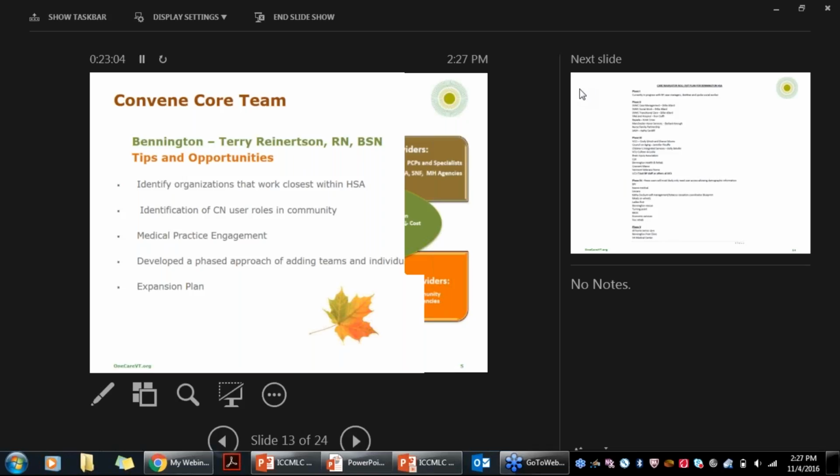And then as far as identifying the Care Navigator user roles in the community, what we did to start, and things are kind of changing as we're rolling out and going through the different trainings, we're changing things as we move along. We first started with myself as, and still is, the care coordination supervisor. But actually this week in our training we decided that it might make more sense for the care coordinators themselves to be able to be the supervisors also, because then they can actually assign themselves patients when they're